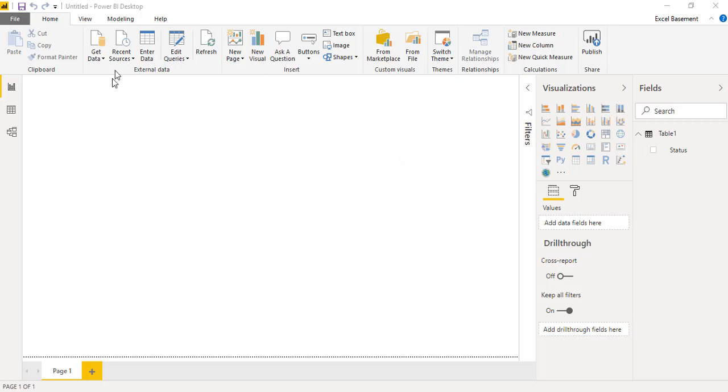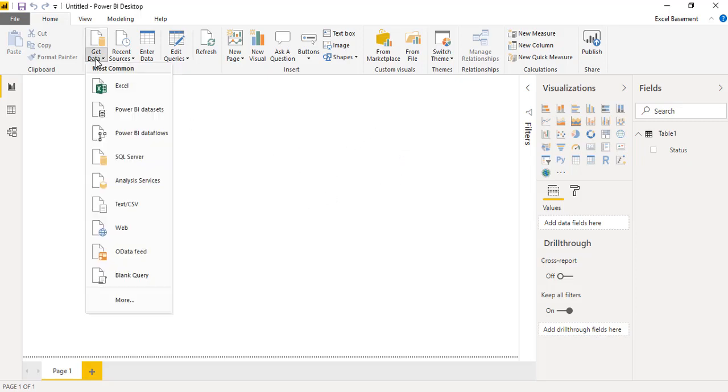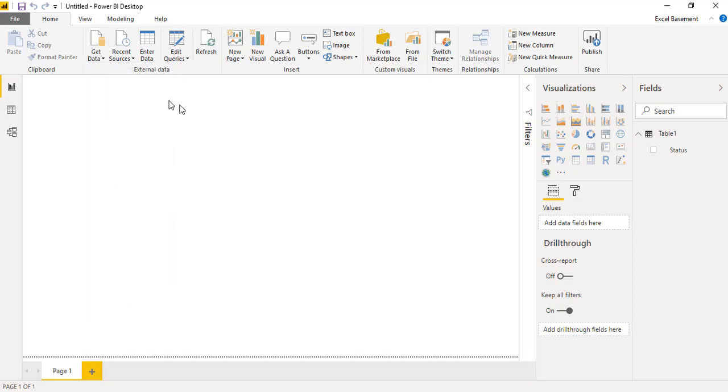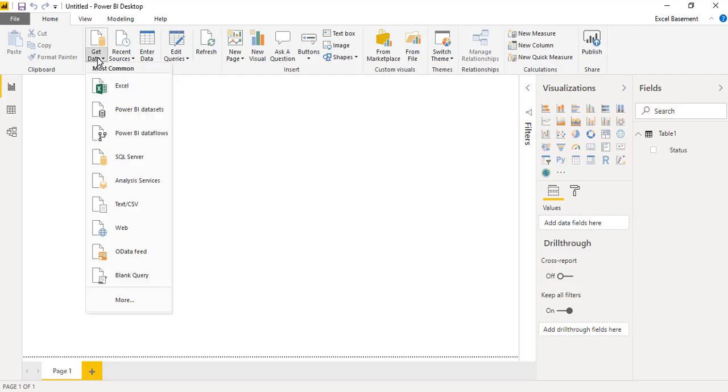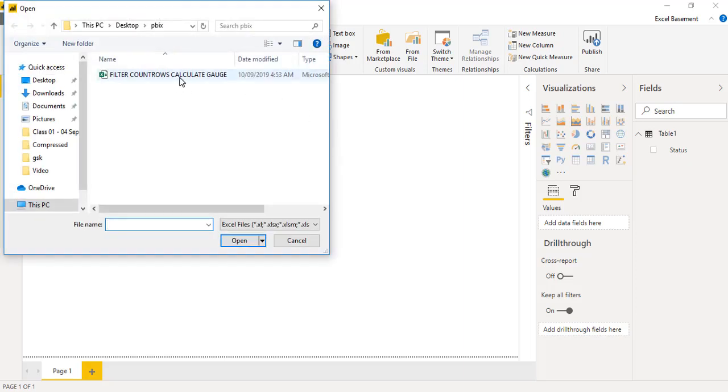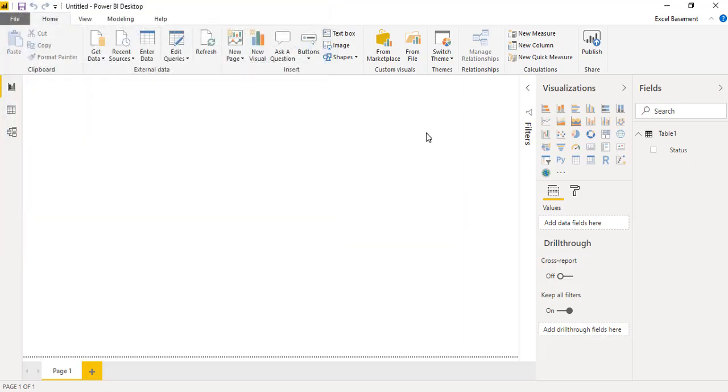So let's get started. I have just imported one of the Excel tables from the Excel file. To get the data from the Excel file, you need to click on the Get Data button within Power BI, and then click on Excel and locate the file where it is available on your hard drive. Then you just need to load the table, select the table and then load.